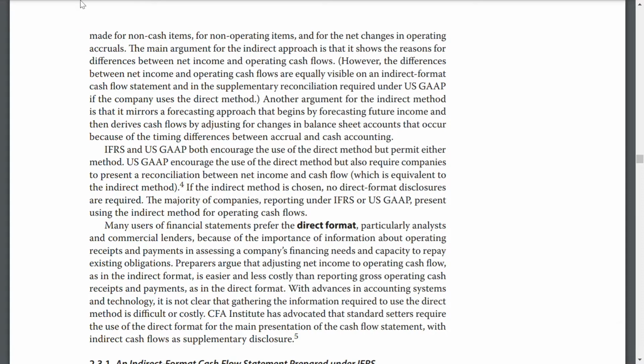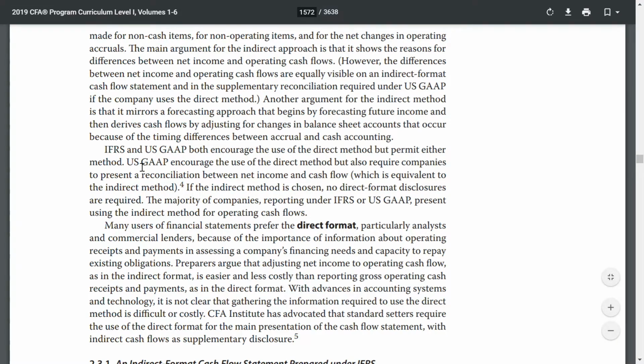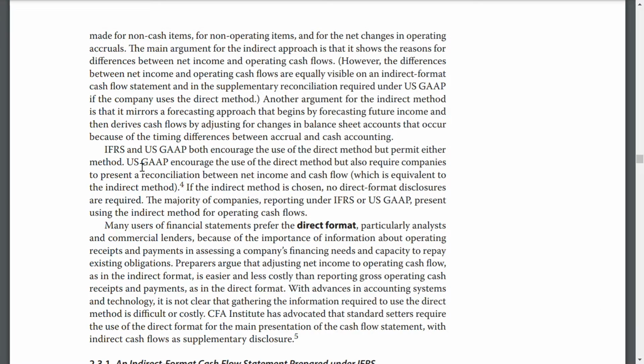IFRS and US GAAP both encourage the use of the direct method but permit either method. US GAAP encourages the use of the direct method, but also requires companies to present a reconciliation between net income and cash flows, which is equivalent to the indirect method. If the indirect method is chosen, no direct format disclosures are required. The majority of companies reporting under IFRS and US GAAP use the indirect method